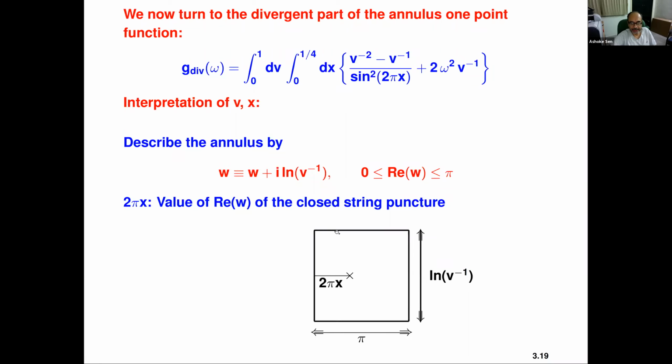So now the idea is that we'll look at various Feynman diagrams and try to identify the relation between X and V with Q1 and Q2 in these various Feynman diagrams. Are there questions?